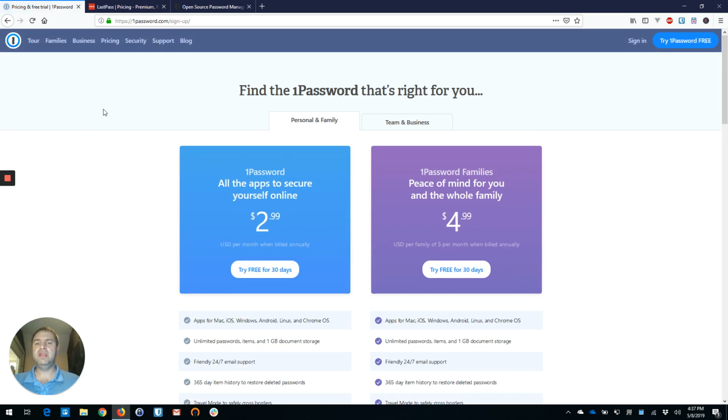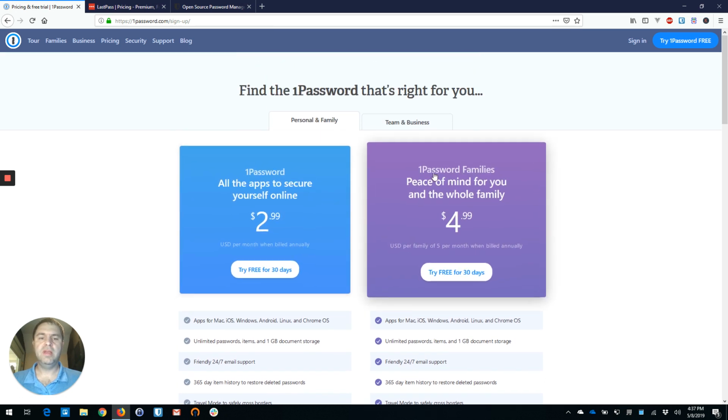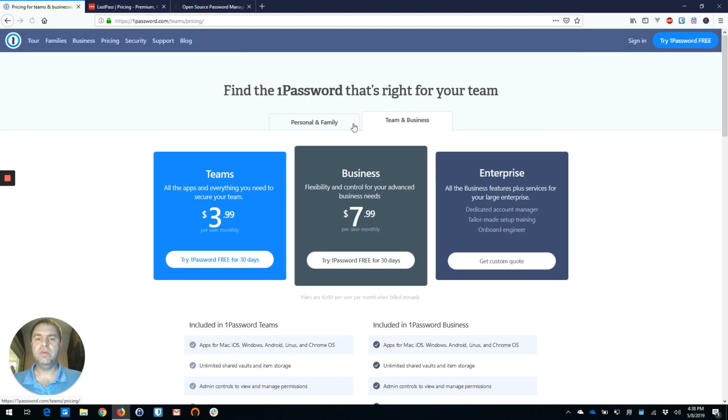First one I'd like to talk about is 1Password. It's a great product. It has personal and business options, starting at $2.99 for the personal. And there's a family, which gets you $4.99. And if you notice there, that's a family of 5. So if you have 5 people in your family for $5, that basically ends up being $1 for your whole family. And then if you're a business, Teams, business options, starting at $4 per user,